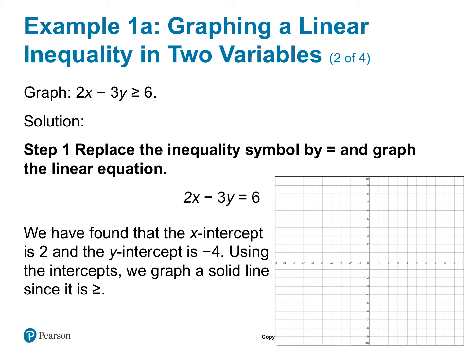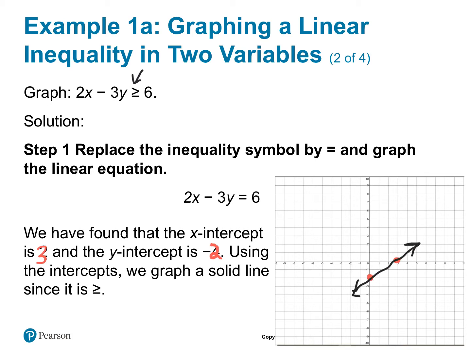Okay, so for this one, the x-intercept was 3 and the y-intercept was negative 2. So now let me go ahead and plot that. The x-intercept was 3, so it's going to cross the x-axis at 3. And the y-intercept was negative 2, so it crosses the y-axis at negative 2. And now we have to look back at this symbol. It said greater than or equal to, so it's going to be a solid line,